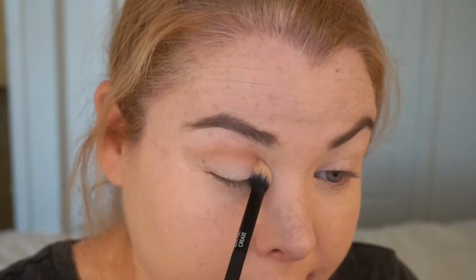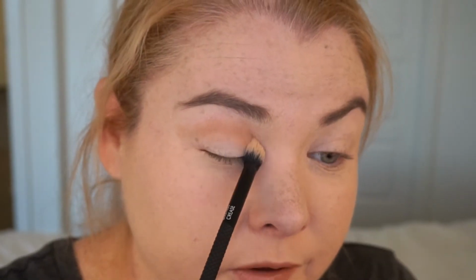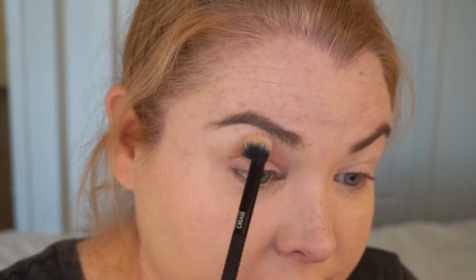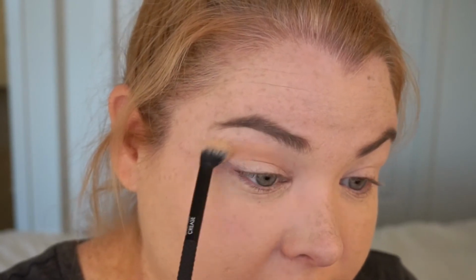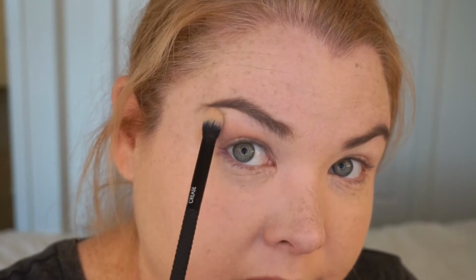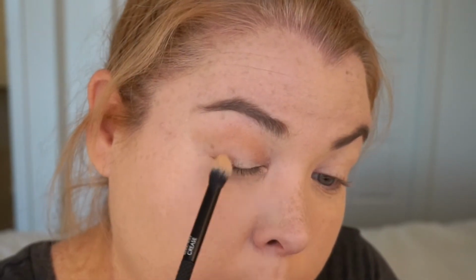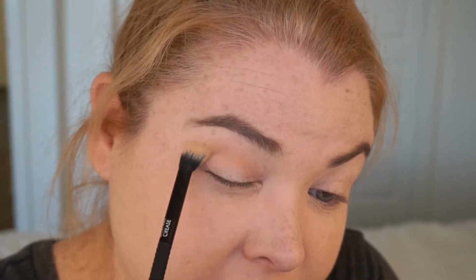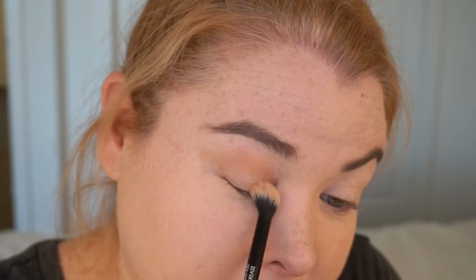I'm kind of holding at the end here, so I have a light movement, and sort of using that edge to start filling in the crease. And then because it does have a point, I'm able to sort of bring it down into the corner of my lid at the front, or the inner corner, I should say. And then I kind of fan it up to blend it, and then touch back into the same color and bring it down a little bit onto the lid. If this is an everyday look for me, I'm just going for a very